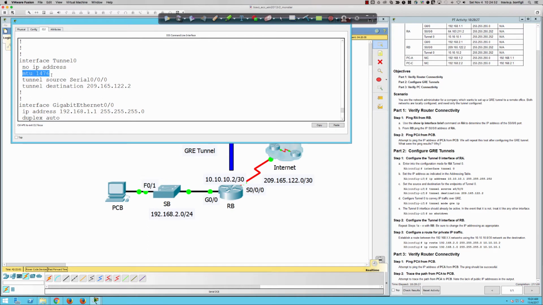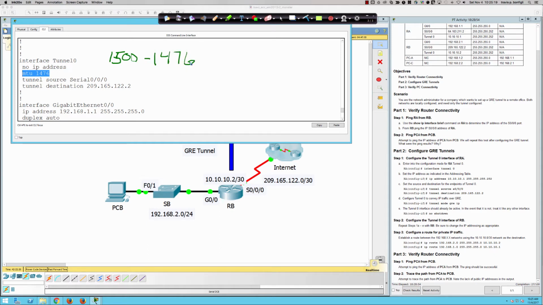By default, with IP, it's 1500. So it raises the question: why has the MTU shrunk to 1476? And the delta between the default MTU of 1500 and 1476